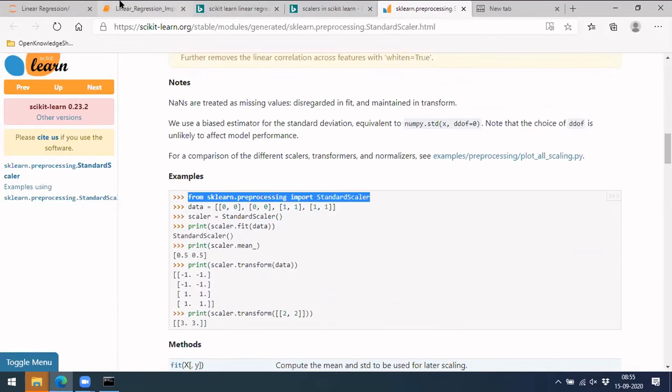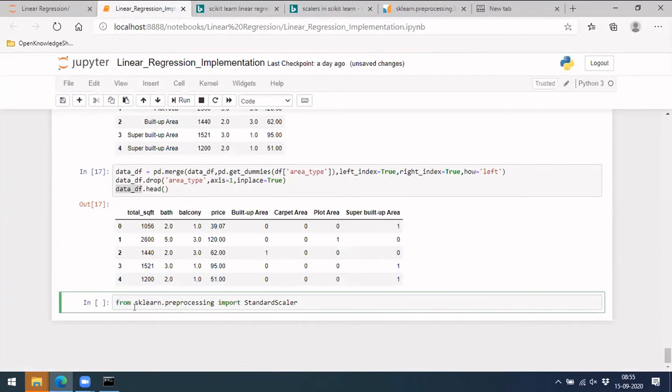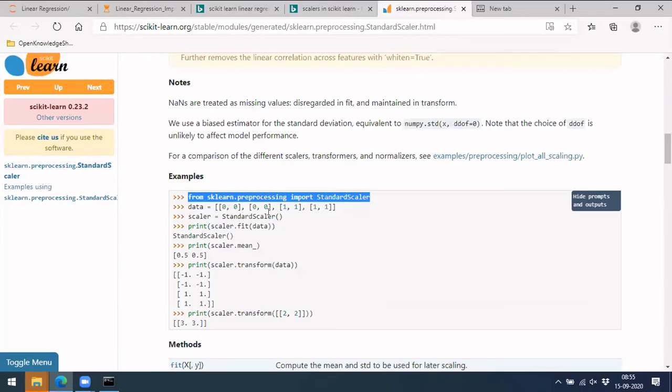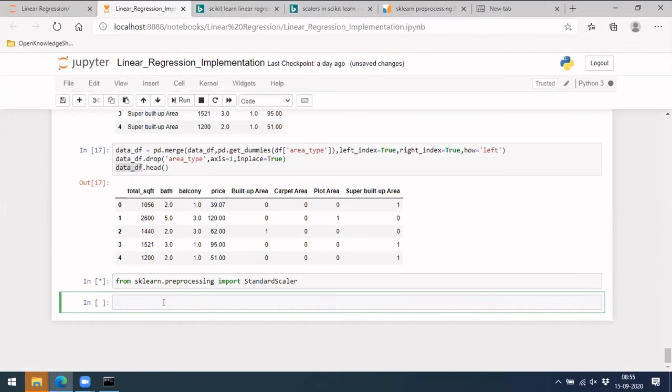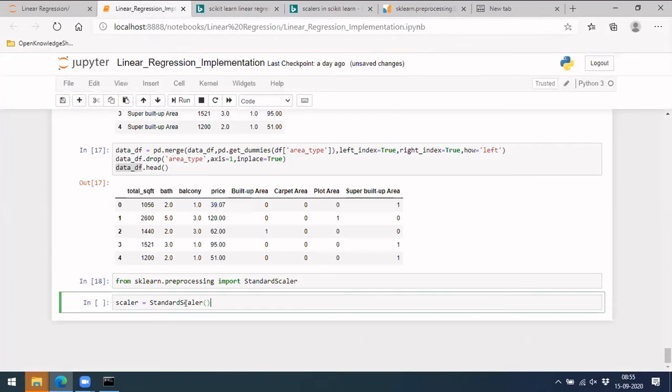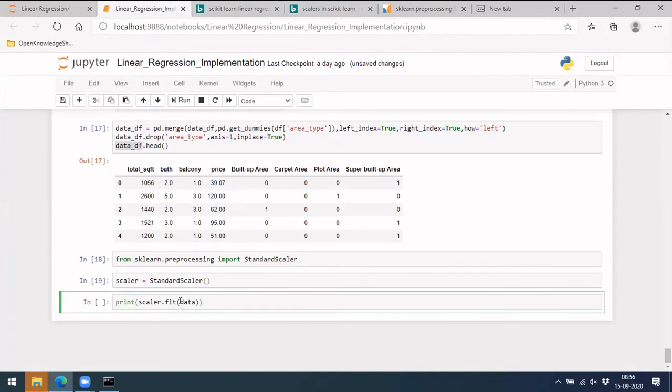Let me copy this. I don't know if I have installed scikit-learn in this; if it is not installed, let's not do it now. Let me copy each of them, like fit data and transform data. Okay, I have it. No need to print it for our case.